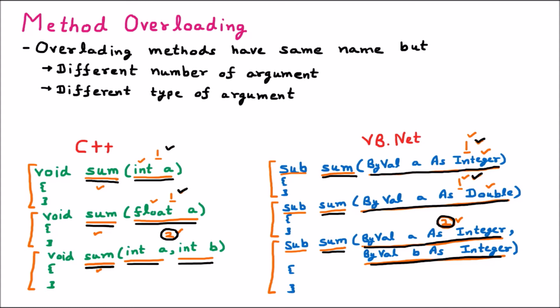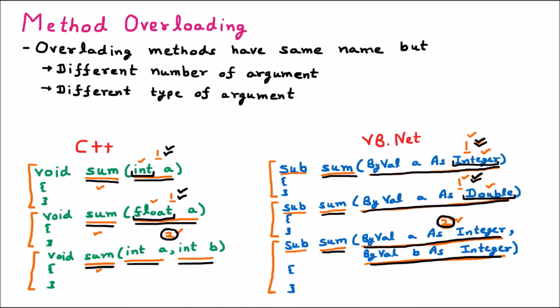So when we see that their argument number is the same, just like 1 and 1, then we are going to check what their data type is. So here the data type is integer and here is float. So it is perfectly fine. If both are integer, then it will not work. But if both are different, then it will work. Similarly, if you talk about the .NET here, if both numbers are the same, then we are going to check the data type. So here we can see that integer and double. So they are working fine because their type is different.